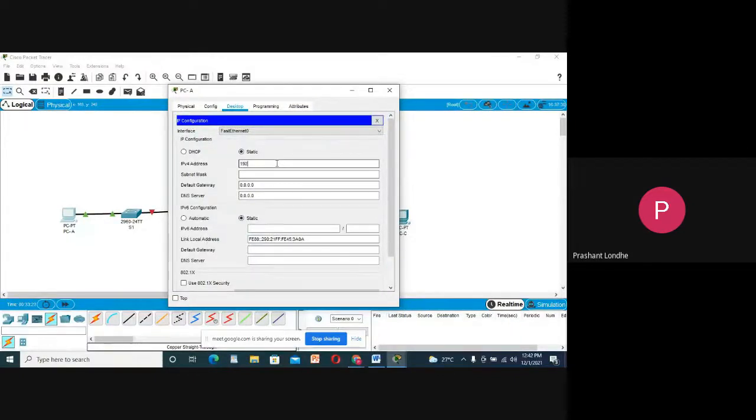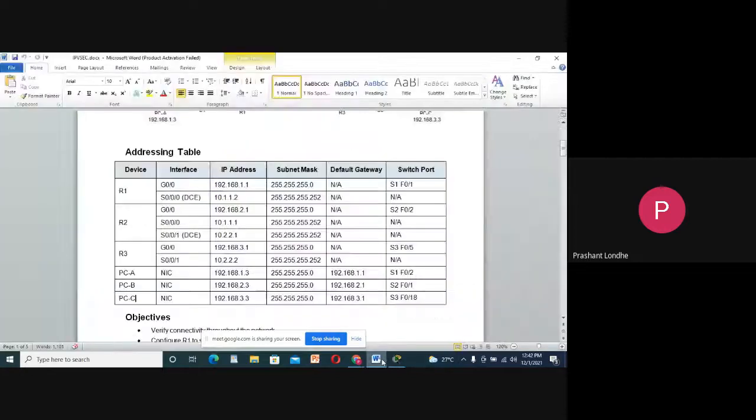So 192.168.1.3, and 192.168.1.1 will be the default gateway. Then for PCB, it will be 2.3.